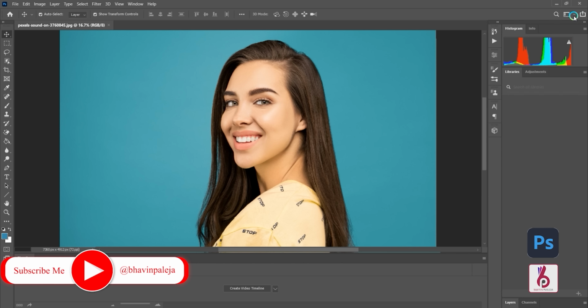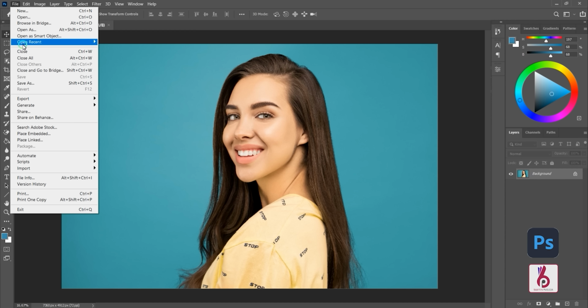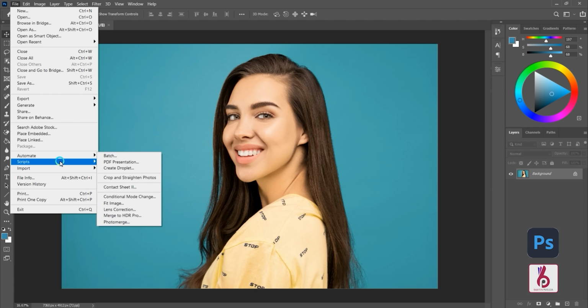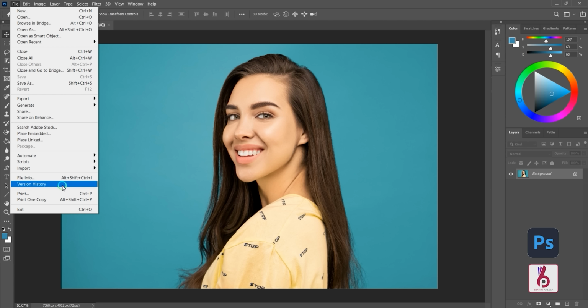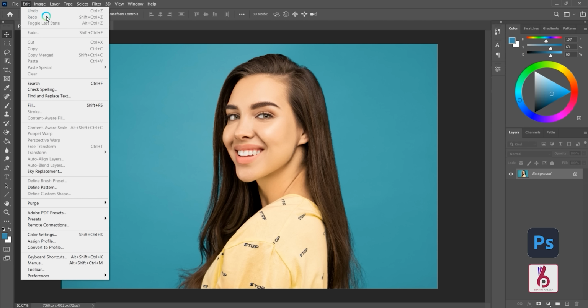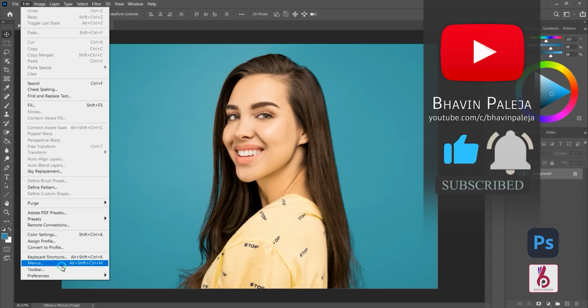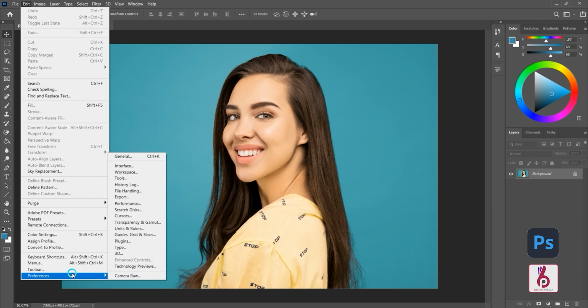On top, we see workspace option, and you are free to use any workspace from essentials, 3D, photography, graphic and text, etc. Or you can design your custom workspace. At top, we see menu bar, which is similar to every software, but it has some special options regarding Photoshop. If you want keyboard shortcuts, you can get it from edit and select keyboard shortcuts. Or if you want to change any settings, you are free to use from edit and preferences.